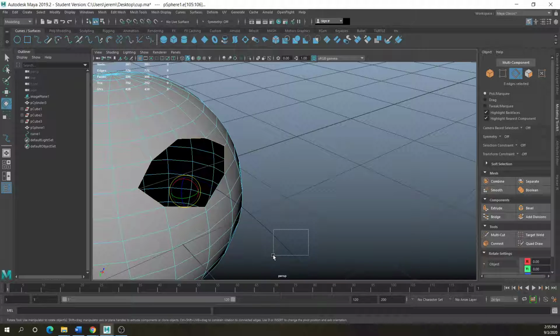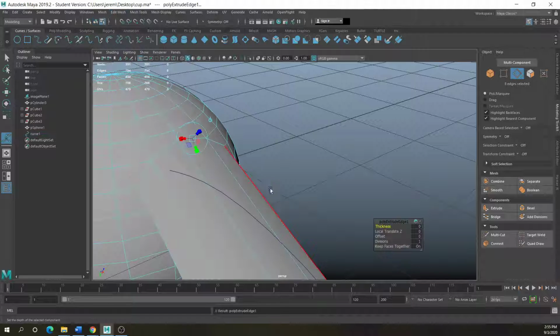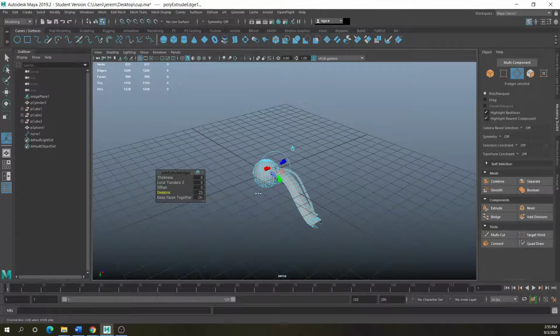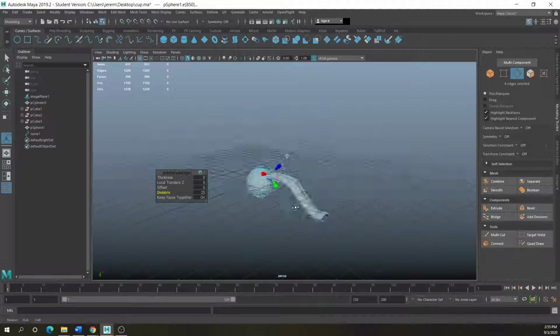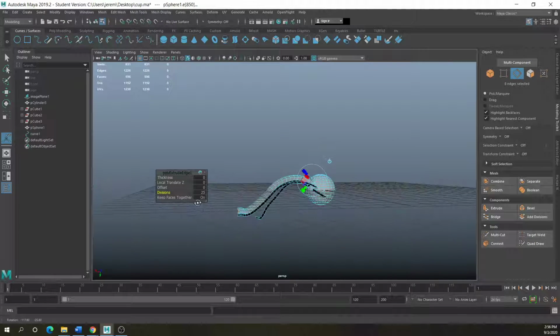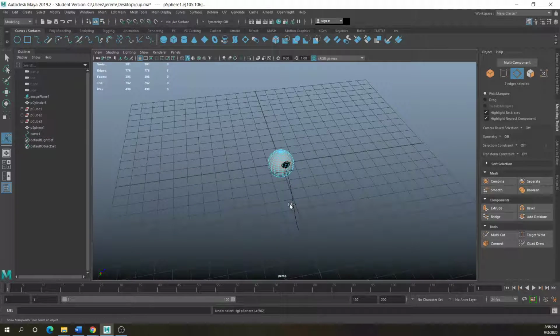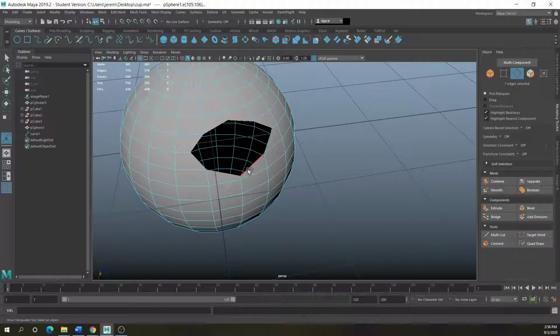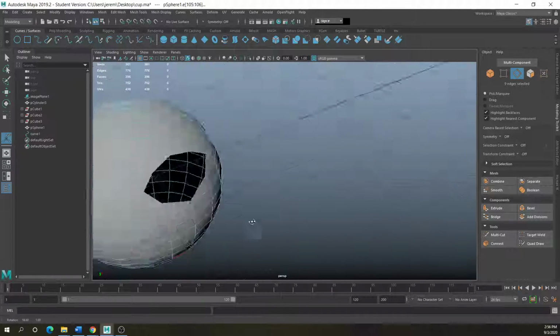Then select the path. It's really weird. It's just going from a straight line, but that's because there's no divisions. So I'm just going to add some divisions here. Oh, it looks like I didn't have an edge selected. Back that up. Or my path is offset, but you get the idea.